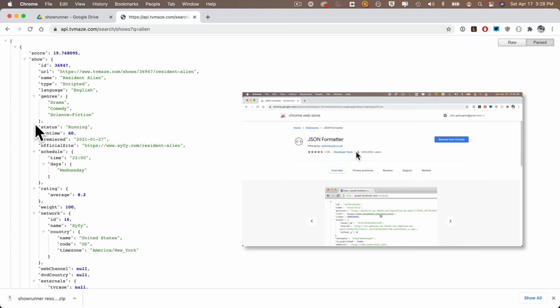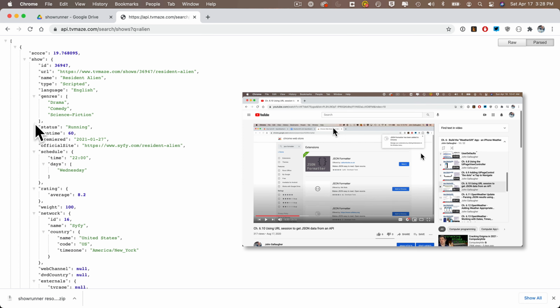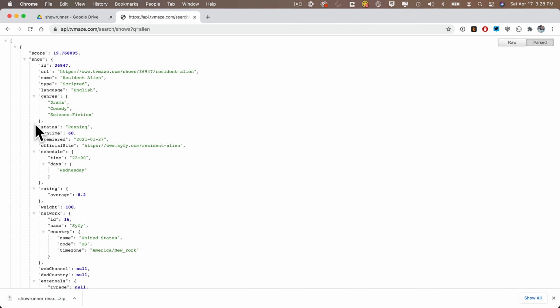And I have a JSON formatter extension in my Chrome browser, and I showed students how to install this at the beginning of the Weather Gift app, and you'll also find that on my YouTube channel. Now, you see that each element in this array of JSON contains a score key that's associated with a value that's a double, and a show key, which points to a much more complex set of key value pairs. So for now,